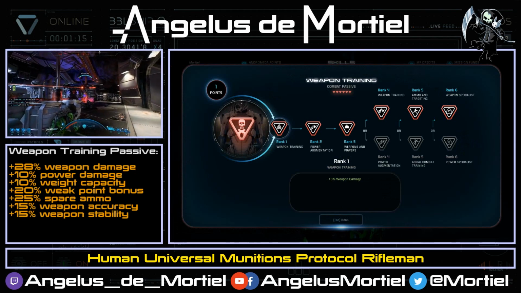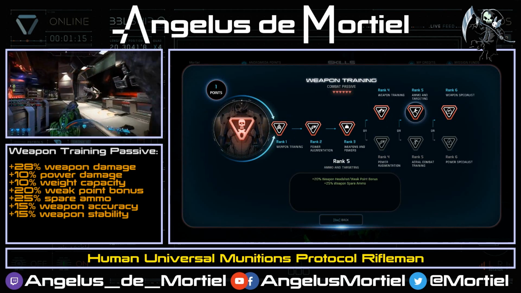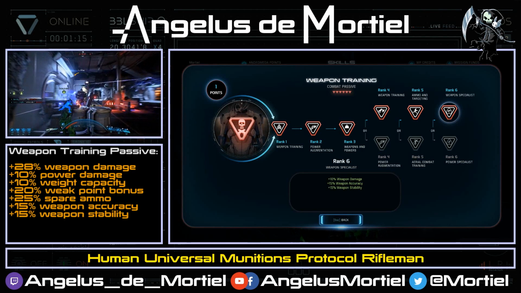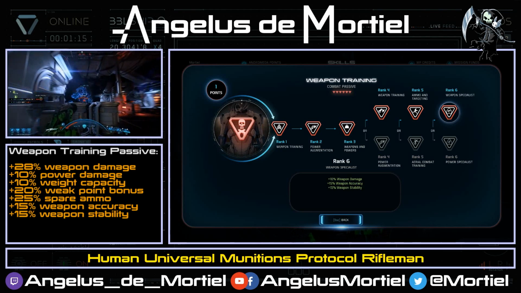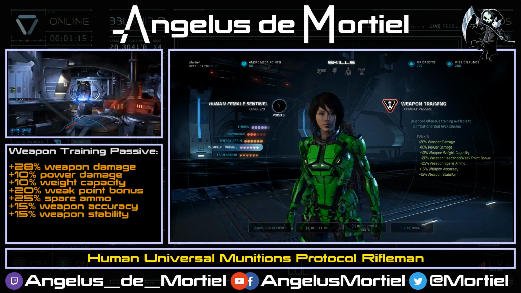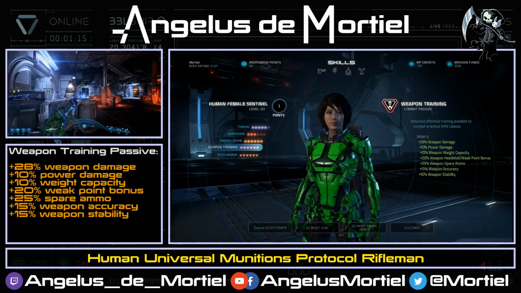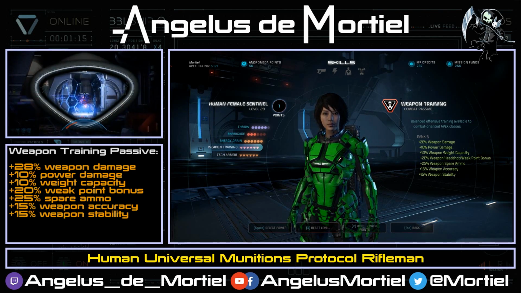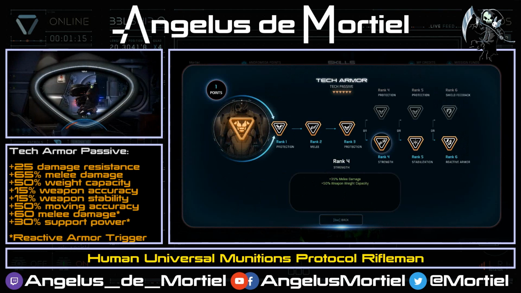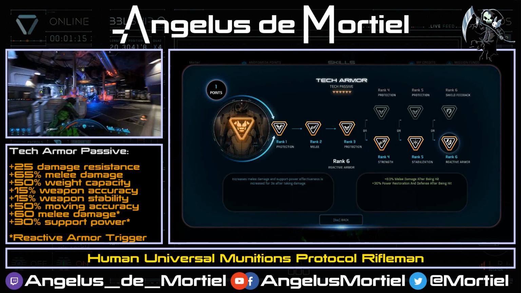In weapon training, we take Weapon Training at rank 4, Ammo and Targeting at rank 5, and Weapon Specialist at rank 6. This route greatly enhances your overall lethality given your reliance on primarily weapons for damage. As a result, the priority here is moderate. I upgrade this 3rd. In Tech Armor, we take Strength at rank 4, Stabilization at rank 5, and Reactive Armor